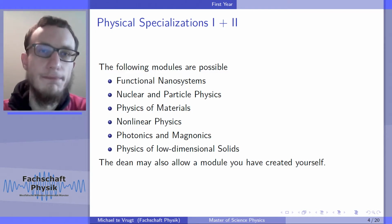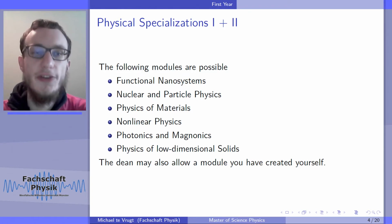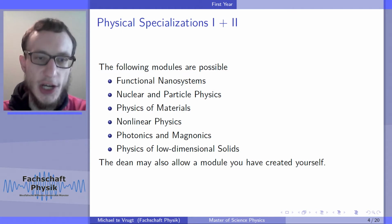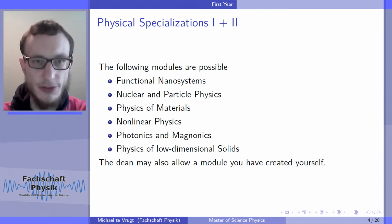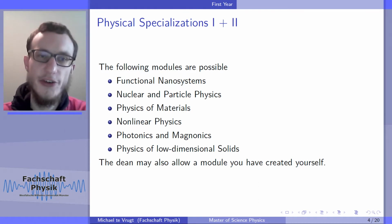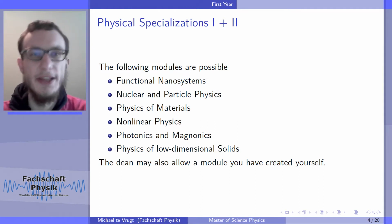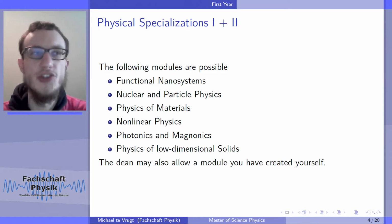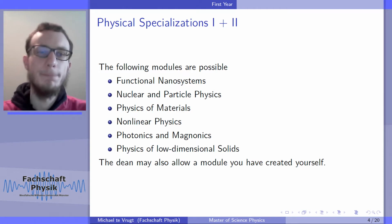Now, then the interesting part may be the physical specializations. So you can choose 2 specializations out of 6. Again, you can also create your own specialization, but unlike for the minor subject, this is not something that is done very often. And these are then the things you really want to learn about in a lot of detail,